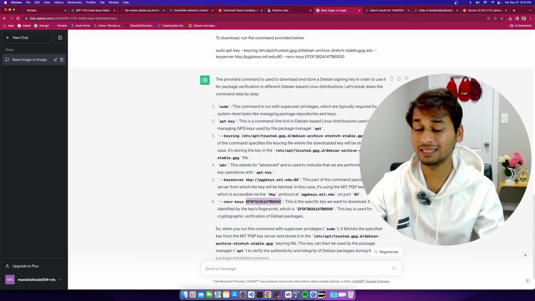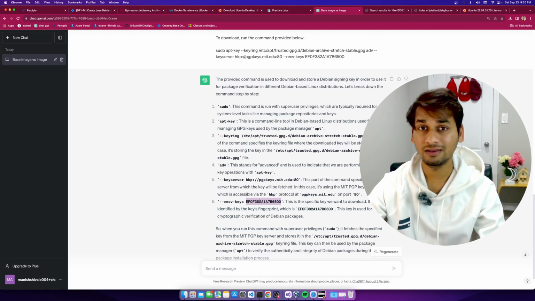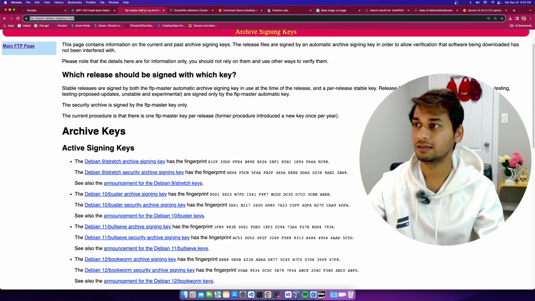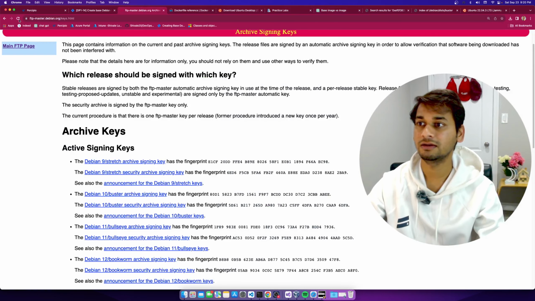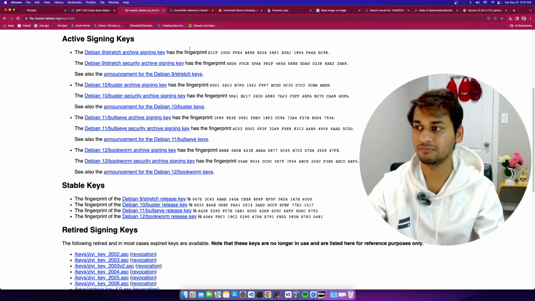Well, this key ID is for Debian stretch. So how would you get the key ID for Debian Buster? Well, there is a link. This is the link, ftpmaster.debian.org keys.html. Here's the link from where you can get all the keys. See? And since we need the key ID for the Buster,